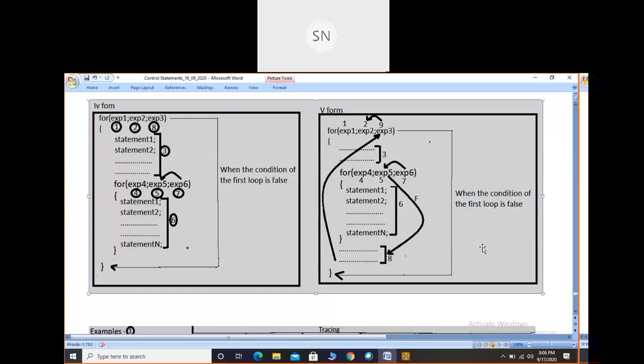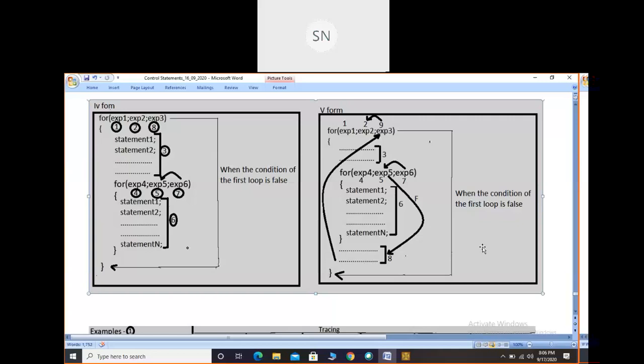Yes. And will it loop there, or after that, once the statement is executed, will it directly go to four? Yes. One time it will execute and it will come to the second loop. So there's no looping, it just goes through these steps for one cycle, once, and then it will go to the next for loop, similar to the first and second forms, and execute there completely. When that is completed, it will go back to the first for loop again, right? Yes.